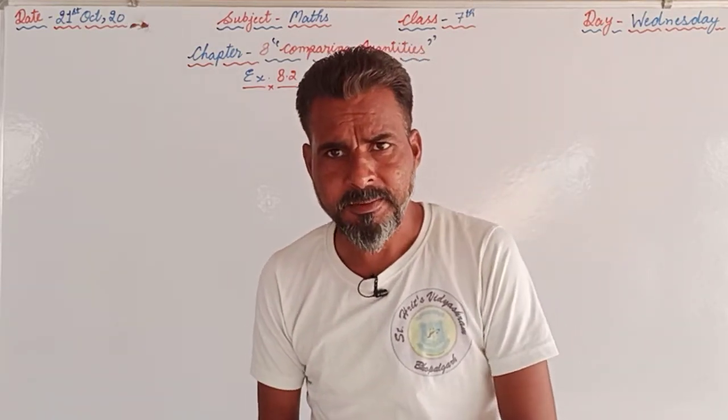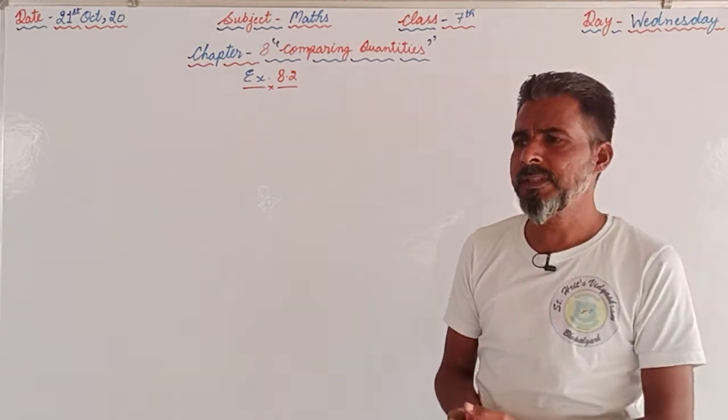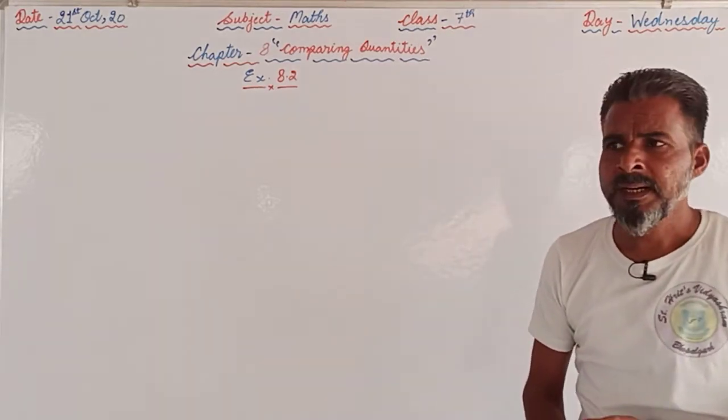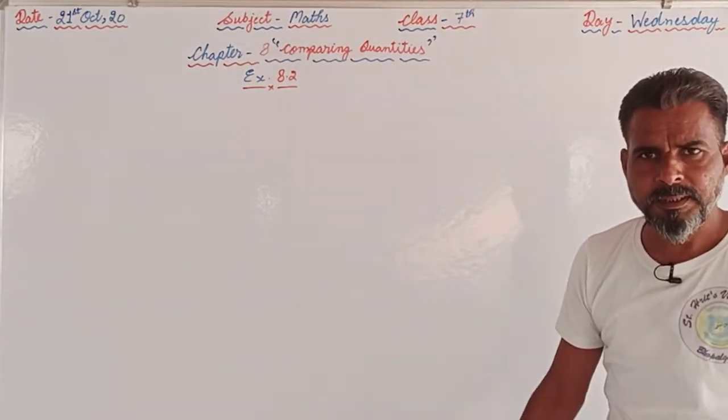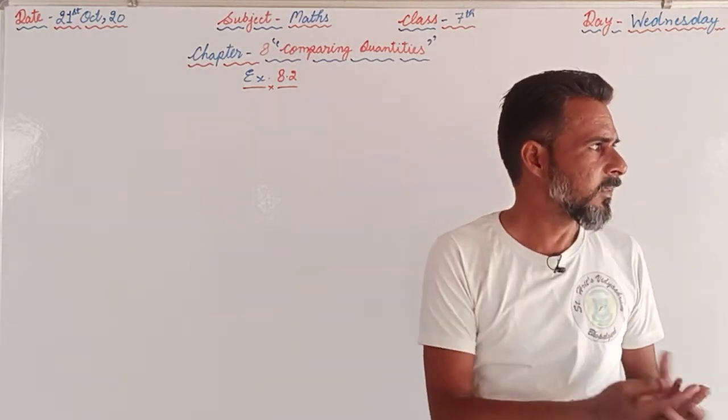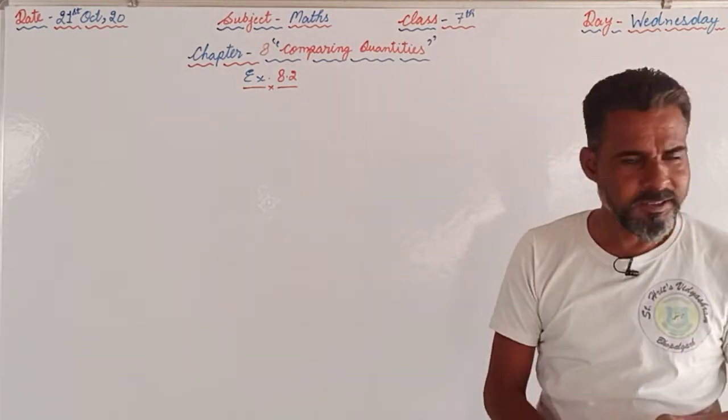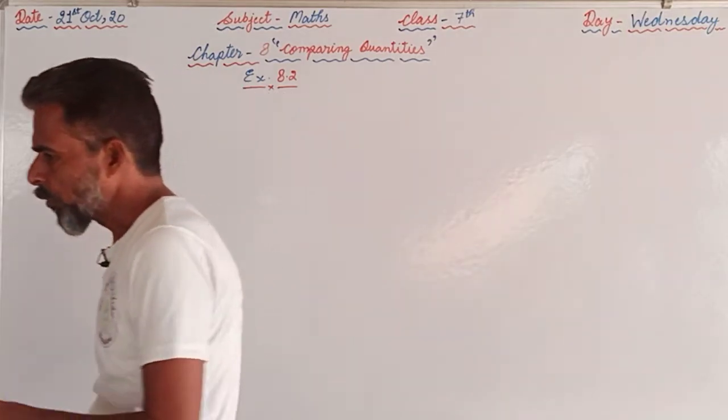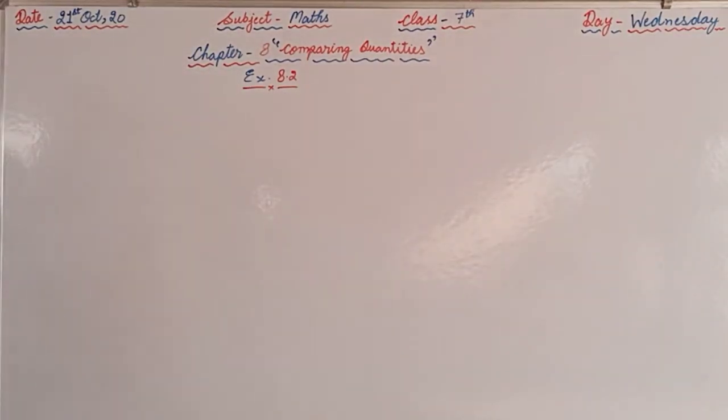This video is for class 7th and the subject is maths, and we are continuing the same chapter, chapter number 8, and the name of the chapter is comparing quantities. As we have already completed exercise 8.1, so today we will start exercise 8.2. In 8.2, on page number